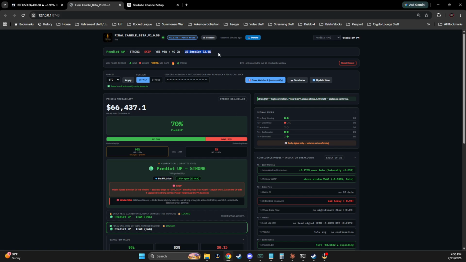Right now, based off the last backtest, it's telling me that when this was running during the US session that it's currently in, it was 73.6% accurate over what its calls were. Obviously, this will get updated as time goes on. Win-loss ratio, percent win update. All right, so that's another update I'm going to make as we're sitting here going through this.